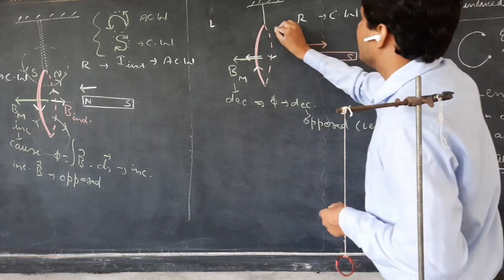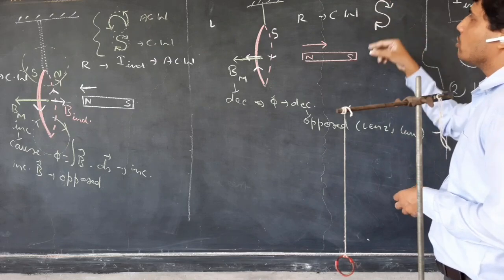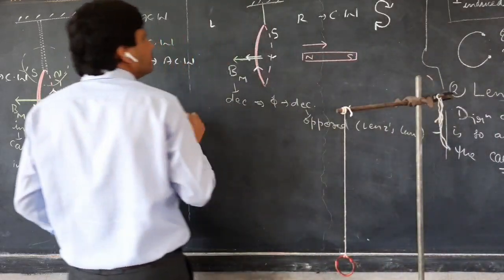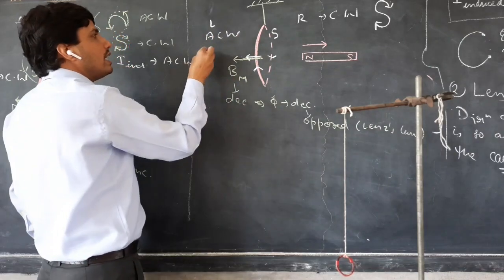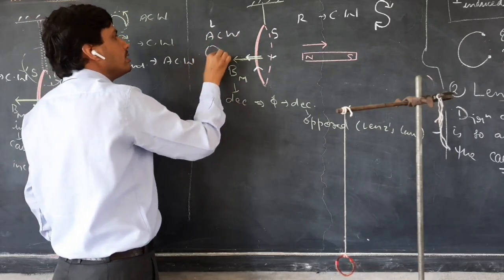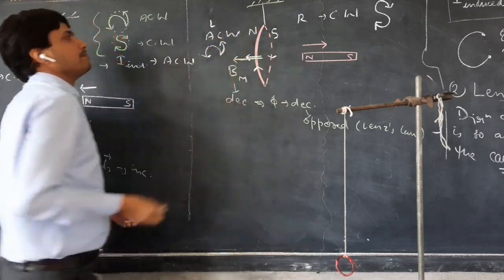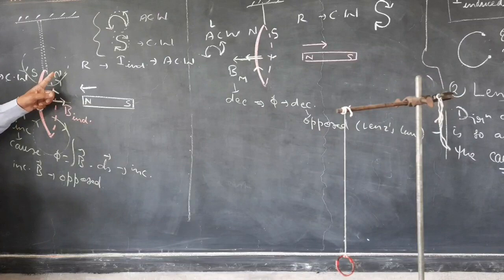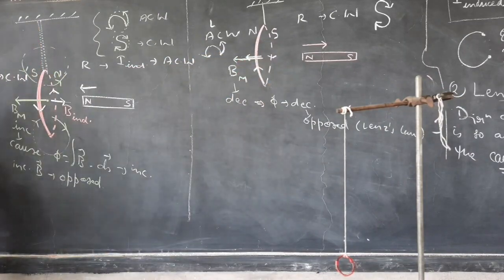So it should behave as south pole. Clockwise like south pole. And the left side, here the direction of current will be anti-clockwise. You can see here. So anti-clockwise, I have told you, it will be like this. So it will behave like north pole. You can see the polarity here. Right side was north, but here the right side behaves as south. So opposite is expected to happen because the direction of motion of the magnet has been reversed.